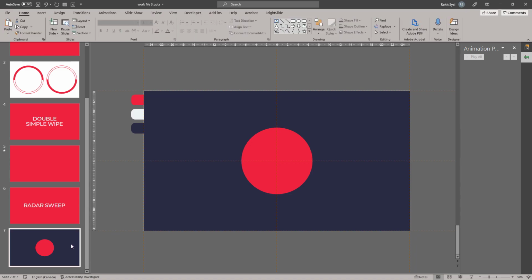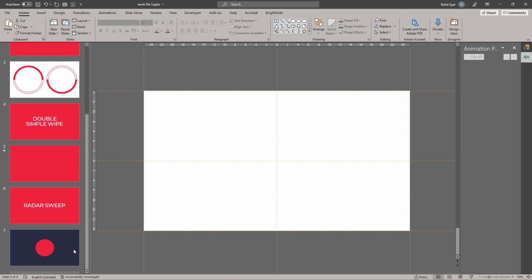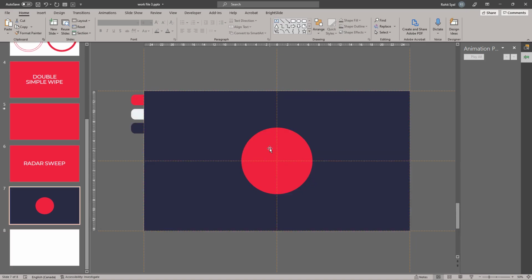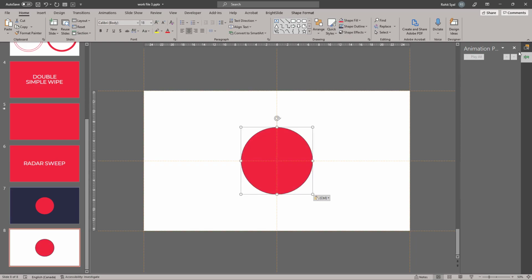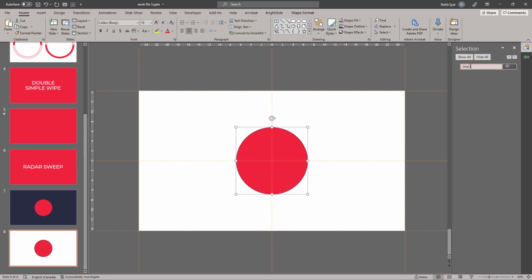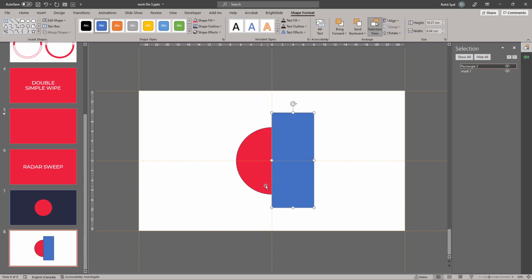Then let's create a new slide again. Let's bring this circle down. We'll call this circle Mask 1. Let's create a rectangle and divide this circle in half. Let's subtract it.